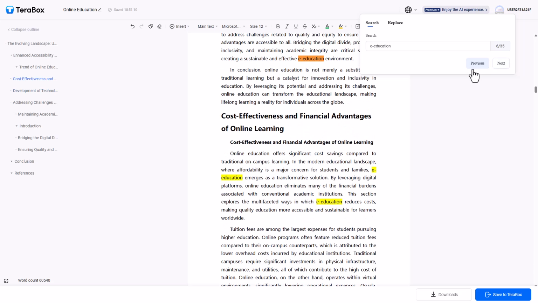So that is how you can go ahead and use the find and replace option inside of word editor in